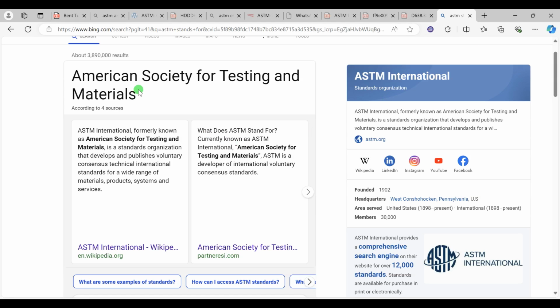Today I'm going to talk about the American Society for Testing and Materials. As you have guessed, I'm going to talk about ASTM standards. Maybe you think this is a very basic and easy topic for engineers, and although it is easy and basic in the mechanical engineering field,